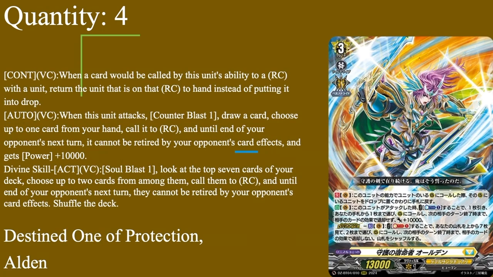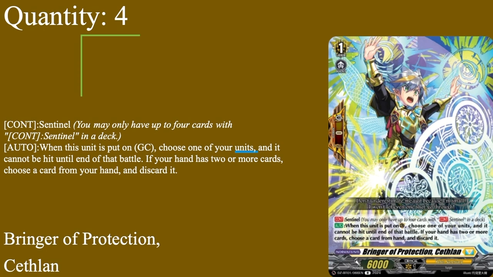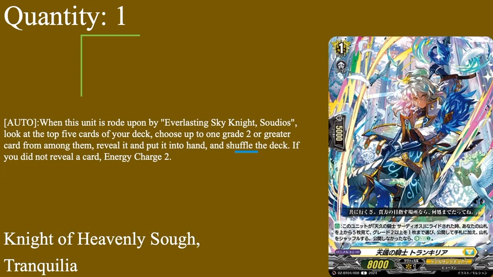Alden is the Destined One of Protection, and for the record, that's not the reason why Proby's here. I just noticed that this video has Protection in his name, but yeah, 4 of Keflon. He is actually here because of his name, so 4 of. And then our last grade 1 of the deck, 1 of in the red deck, none in the main deck,